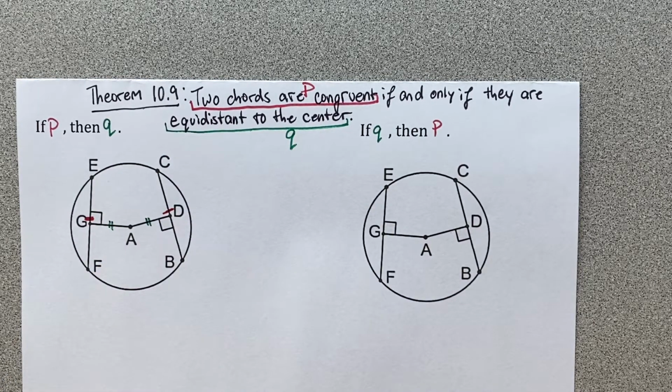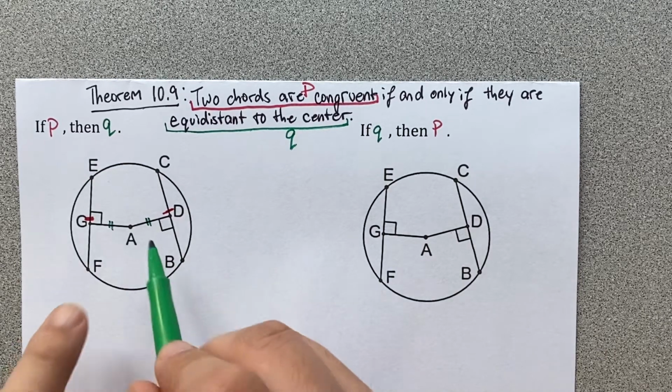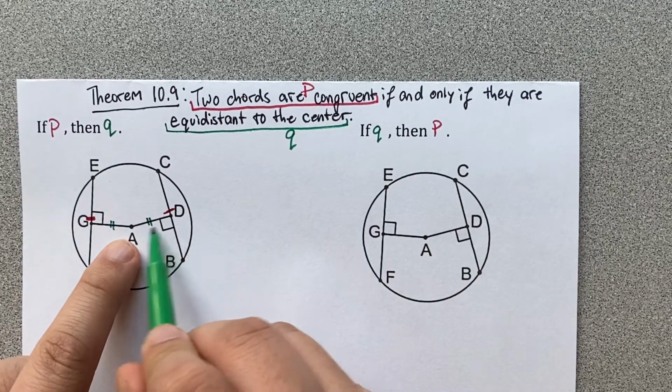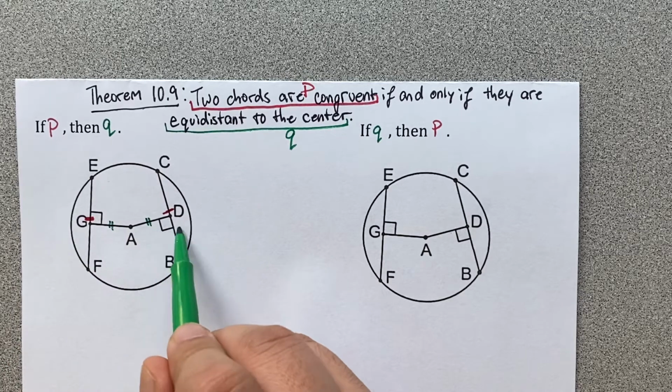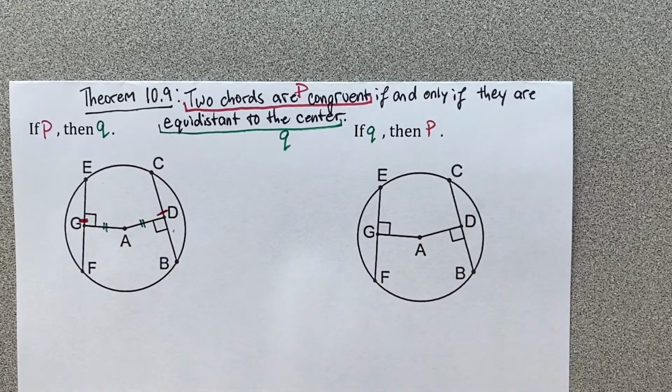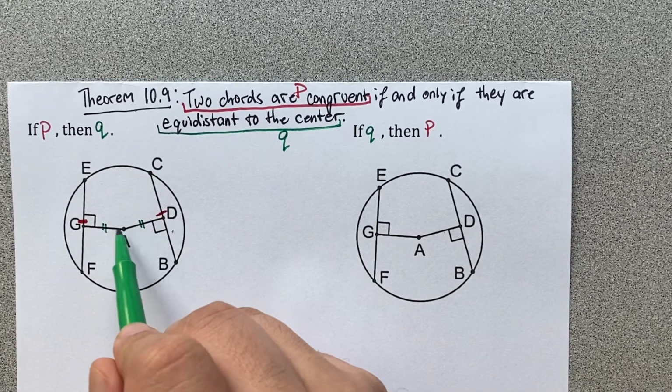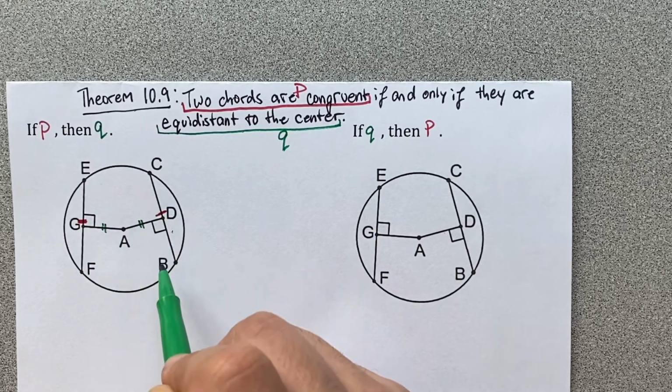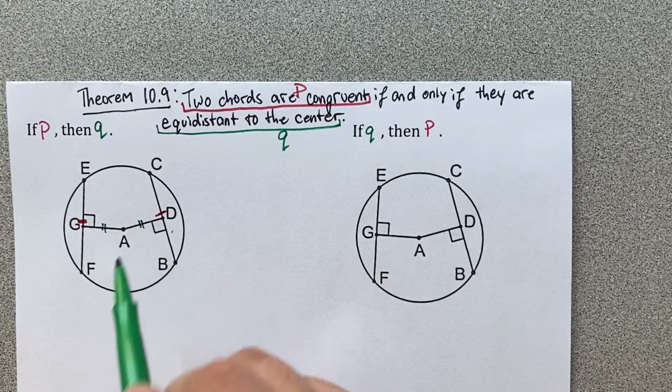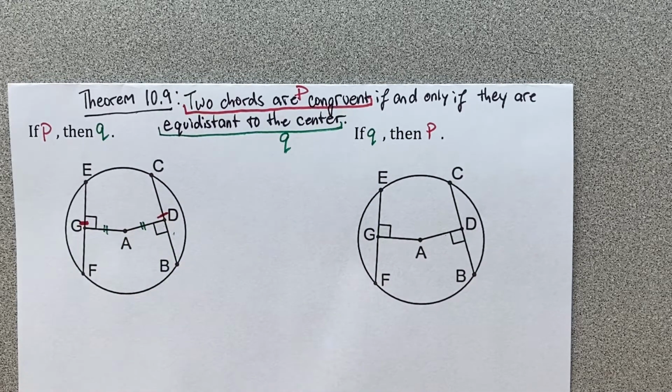Now, one thing to note about this is that we can consider this line to represent the distance because of the 90-degree angle here. We have to remember that when you're talking about the distance between a point like the center and a line like a chord, that line must make a 90-degree angle, otherwise it cannot be considered a